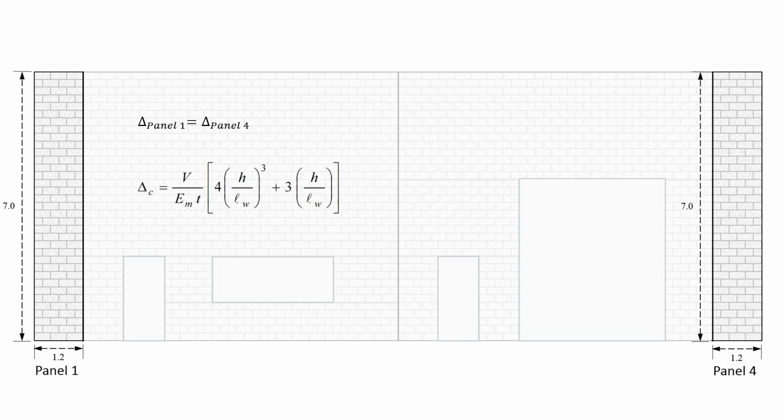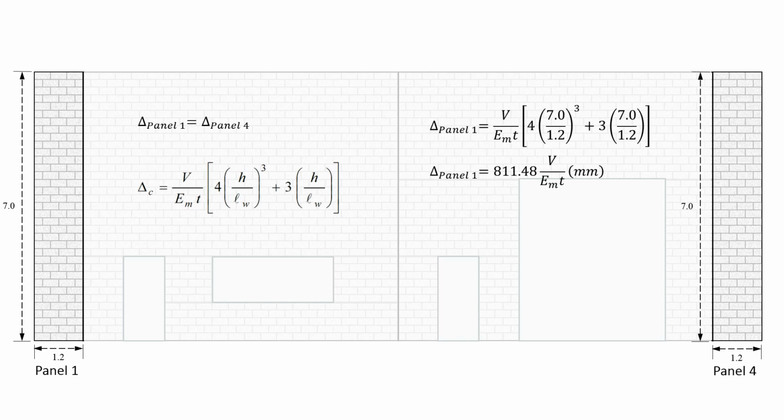Now also, we know that these panels are cantilevered, having no masonry above them preventing the rotation, and so we know that we can use the cantilevered expression. Now if we keep everything in terms of Em, t, and V, we get a deflection value of 811.48, and since the rigidity is the inverse of deflection, we get a rigidity of 0.0012. Now remember, this number is meaningless by itself,